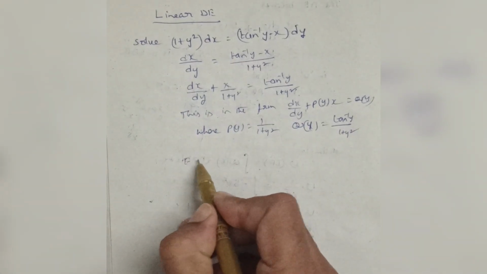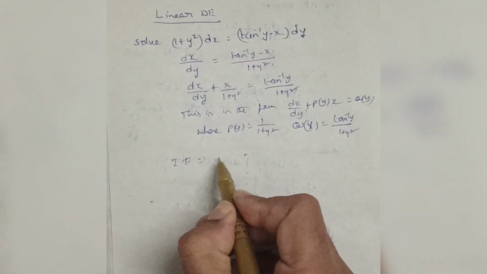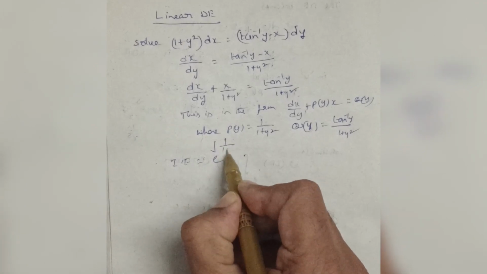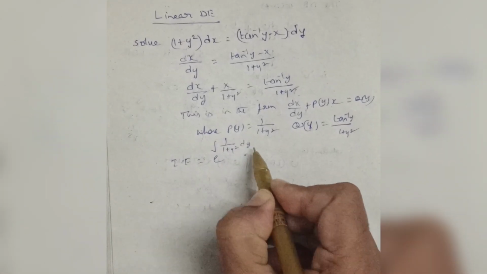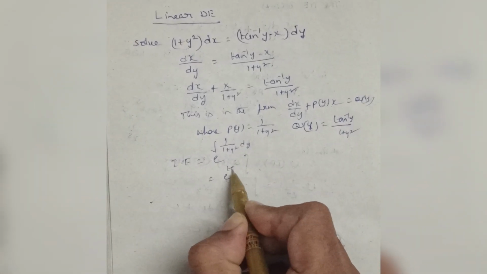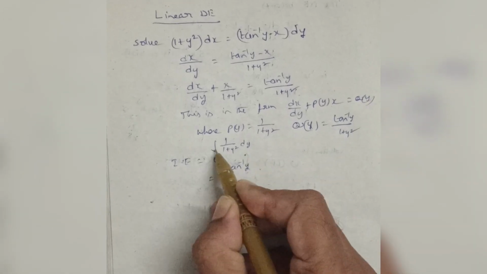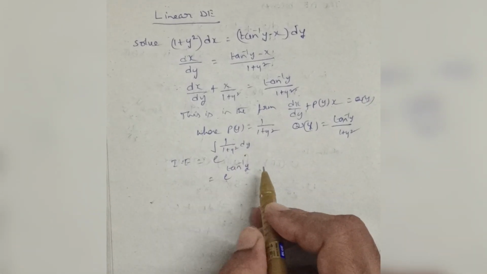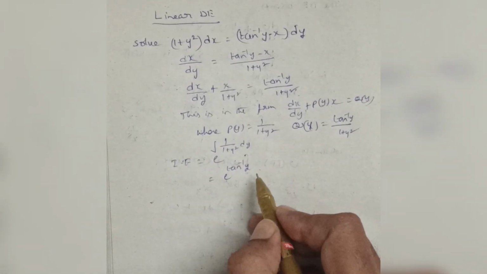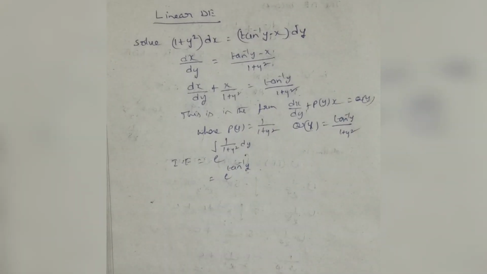So finding the integrating factor, e power integral 1 by 1 plus y square dy, that is e power tan inverse y. Integral 1 by 1 plus y square dy, we have the formula tan inverse y. So then the solution is